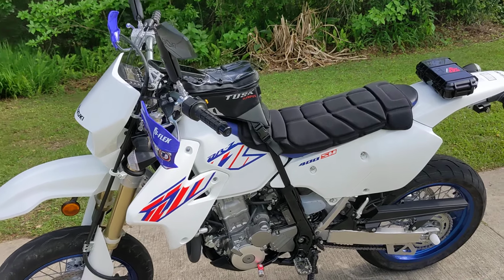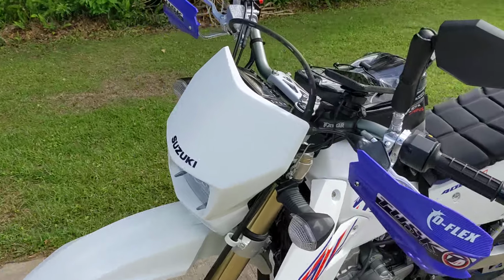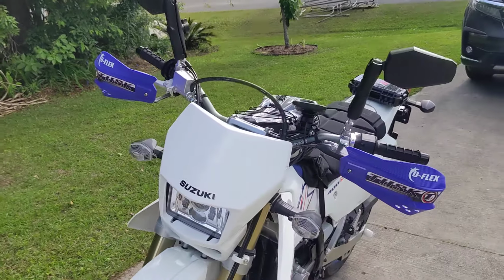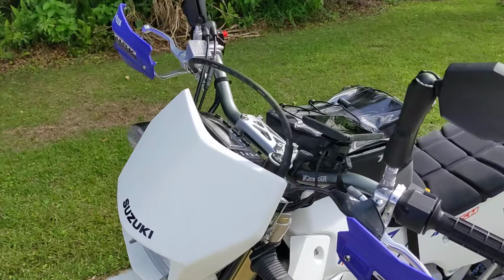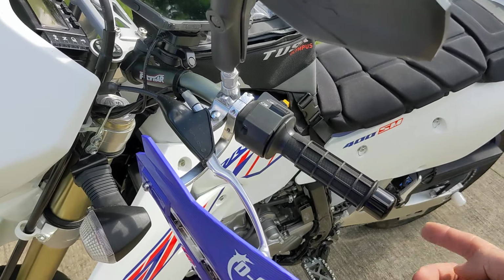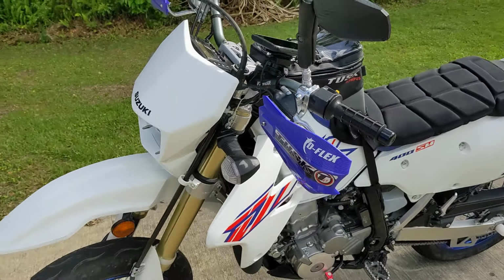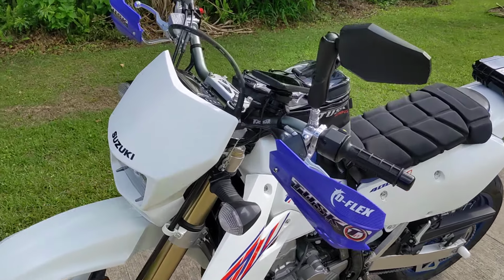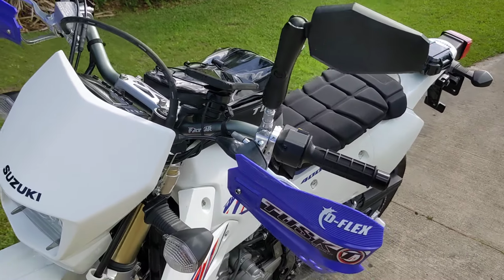Then I got the Tusk Handguards. Those are $30. And I don't like the handguards that wrap all the way around and go in the end of your handlebars. I just prefer to have some simple ones like this. But the downside of this is it does scoot your